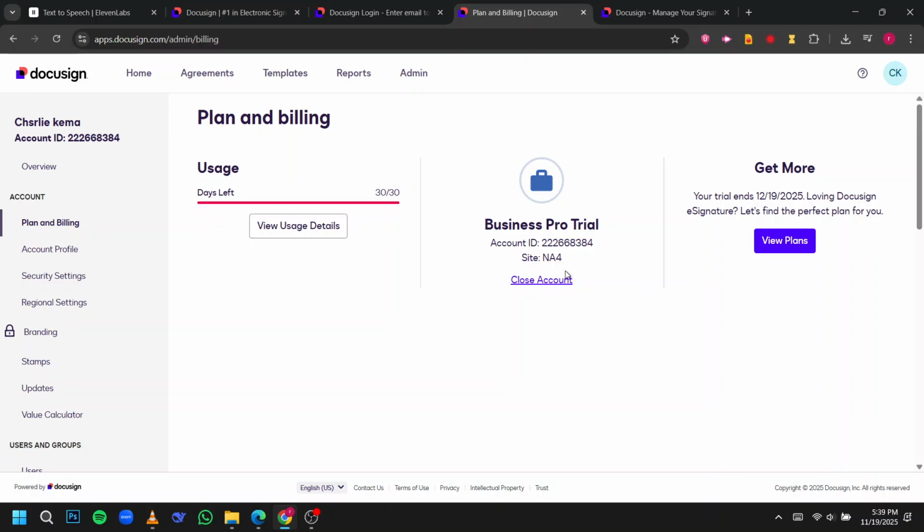Remember, canceling your subscription might mean you lose immediate access to the features you currently enjoy, so make sure you've backed up any documents or data you might need before proceeding. A quick tip: take note of any confirmation messages or emails during this process. They serve as a record of your cancellation in case you need to reference it in future communications with Docusign,